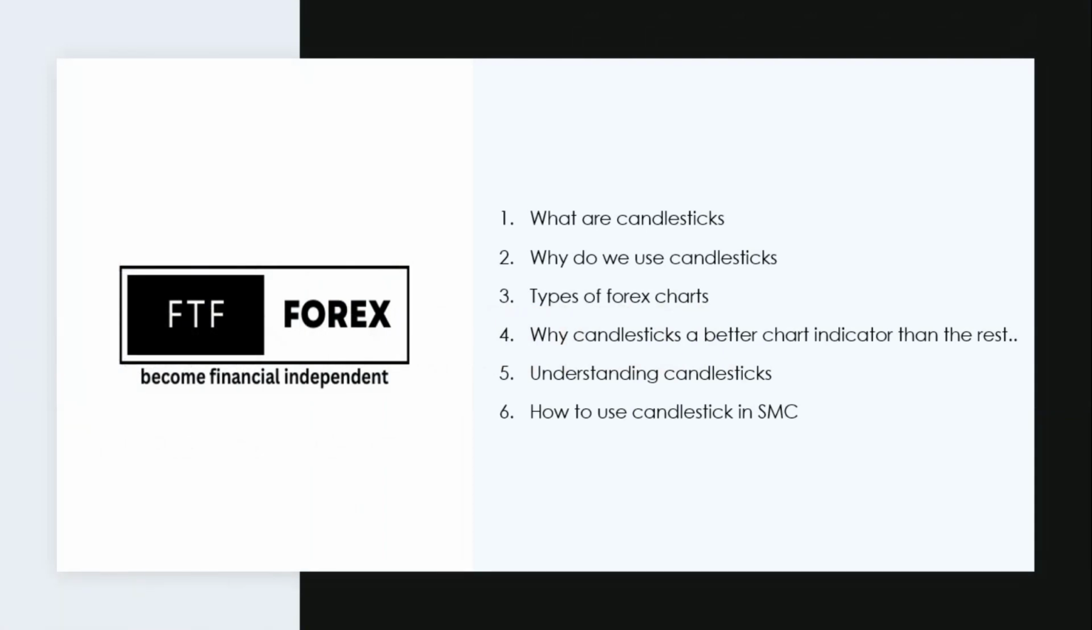Okay, today's content is based on these points: 1. What are candlesticks? 2. Why do we use candlesticks? 3. Types of forex charts. 4. Why candlesticks are a better chart indicator than the rest. 5. Understanding candlesticks. 6. How to use candlesticks in the smart money concept,